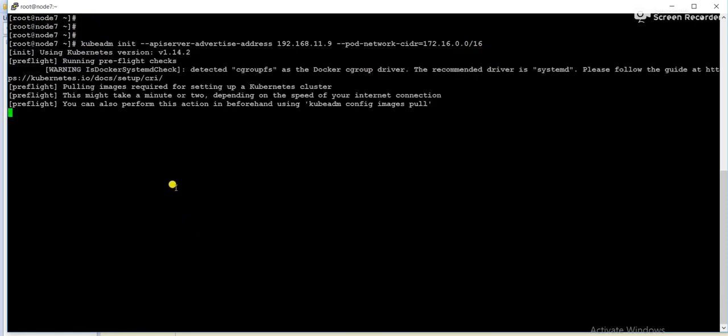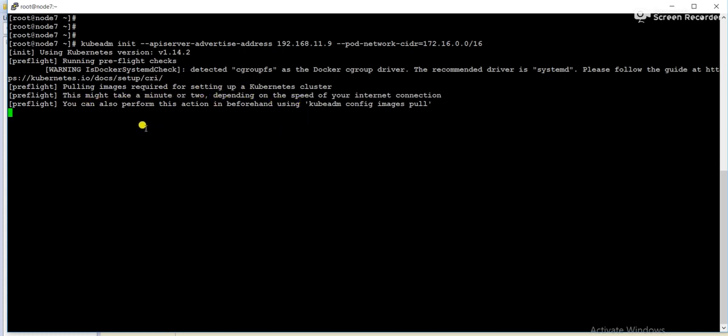Okay, now it is initializing. There is no error. So it will take time to initialize. It is trying to pull the images required for setting up the Kubernetes cluster. This might take a minute or two depending on the speed of your internet connection.